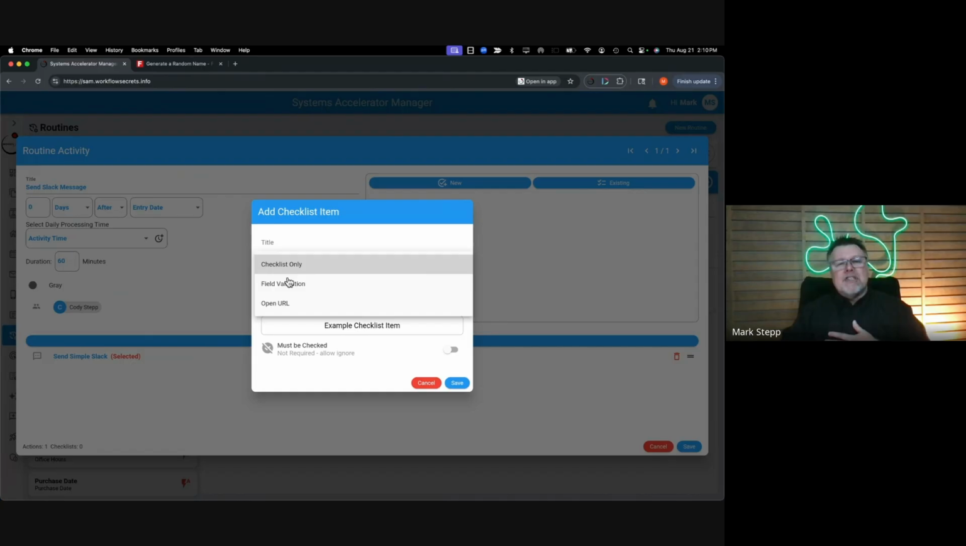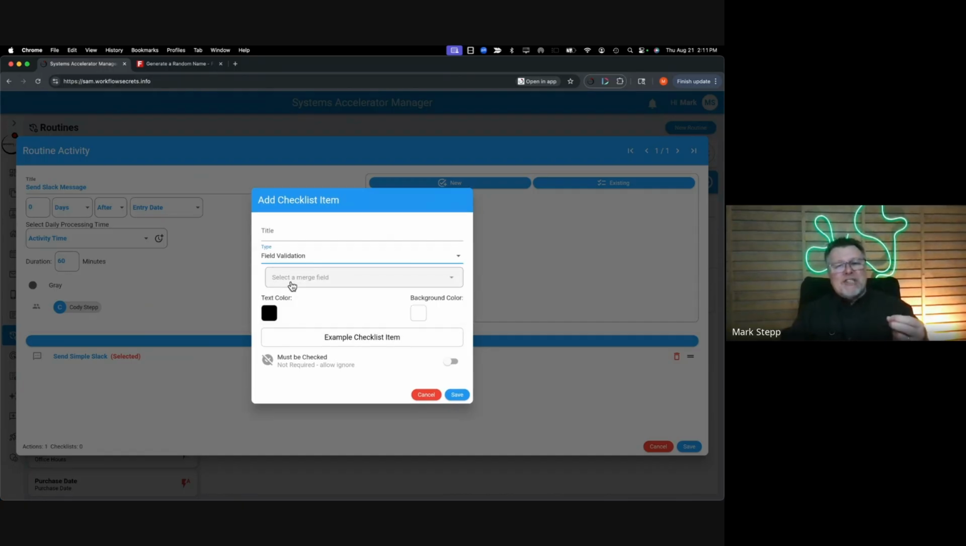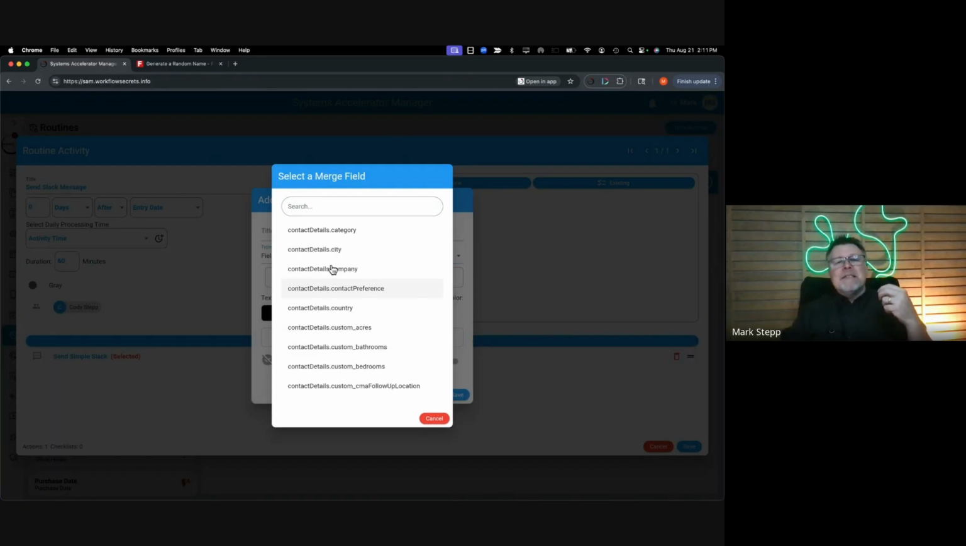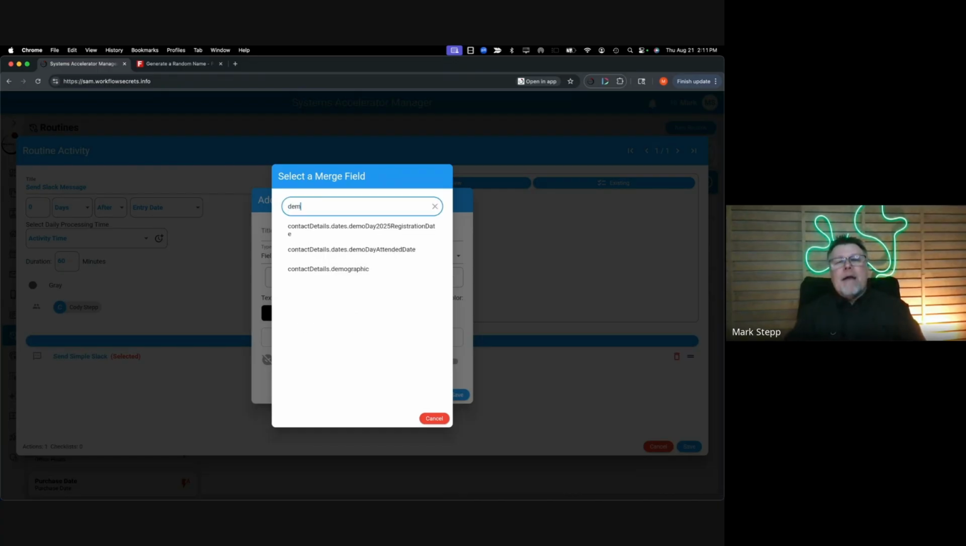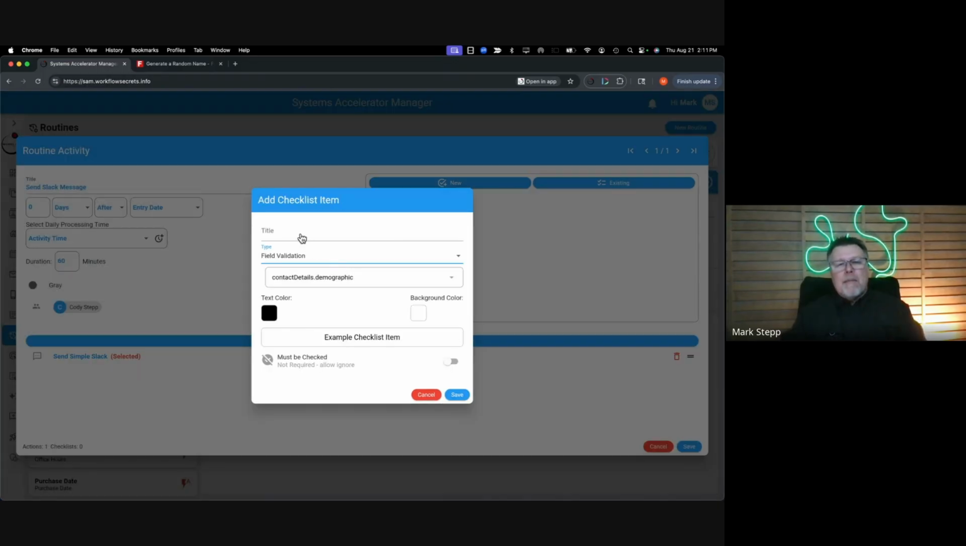Well, one of the things in the checklist that we have, not only a checklist item to just check it off, but we also have what's called field validations. So what this does is it says, okay, whenever the checklist comes up, there are certain fields in the database I want to make sure have values in them. It could be the status or the category or whatever that you want to have in there. Well, we added the demographic piece in there as well as the other. So maybe